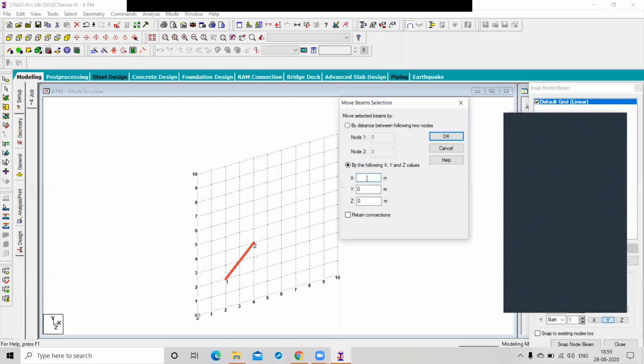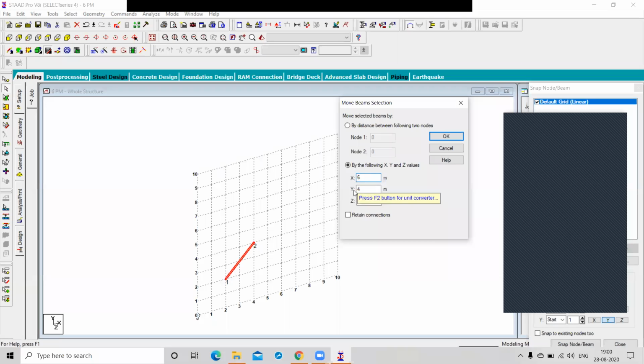So you want 6 on the x-axis and 4 on the y-axis, right? So you want to move a 6 meter distance on the x-axis and a 4 meter distance on the y-axis.